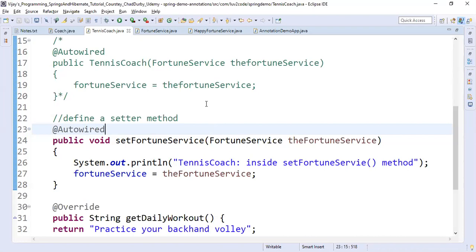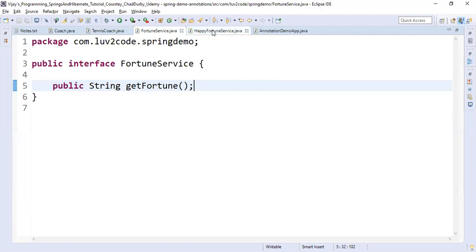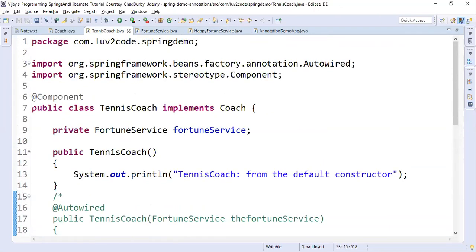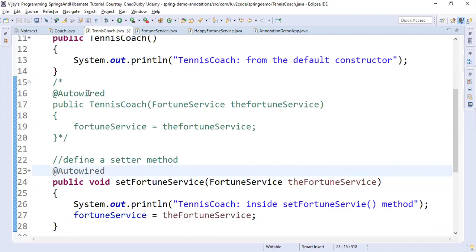In this case, the implementation of FortuneService is HappyFortuneService, right? @Component is there, and here as well we have @Component.